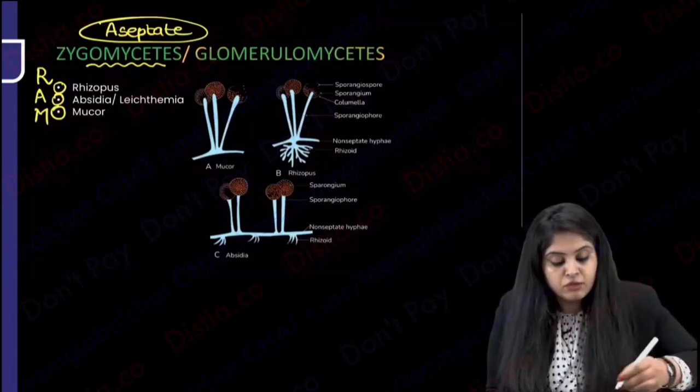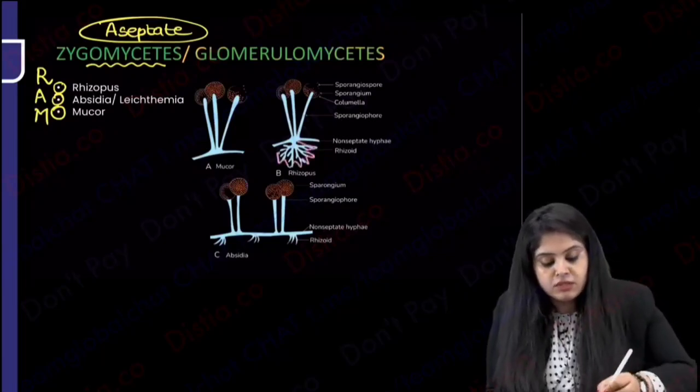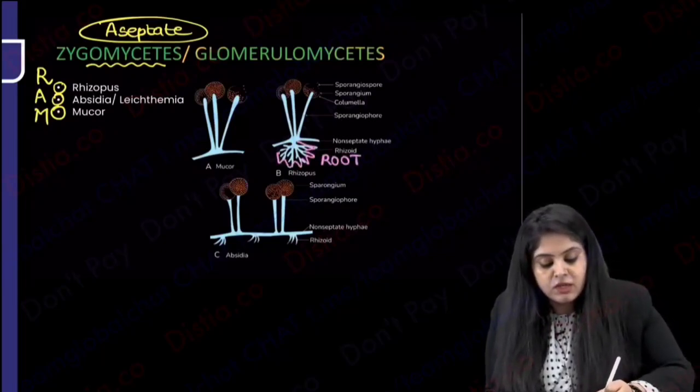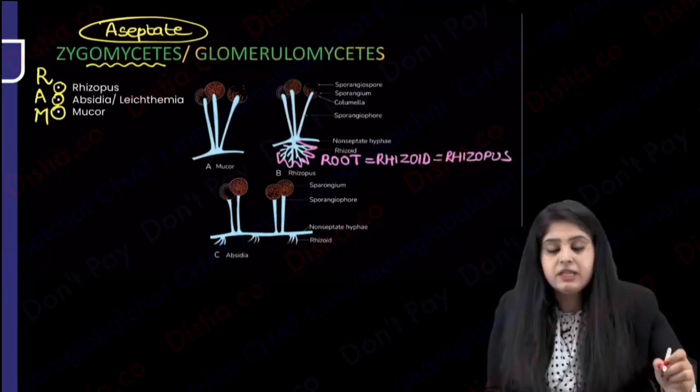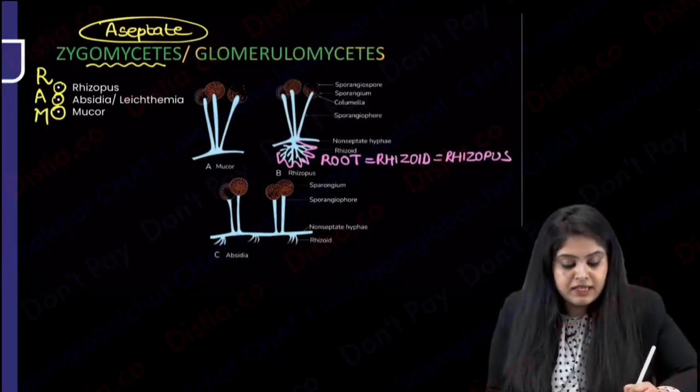Rhizoid is root. So when you see a fungus with a root, the root is nothing but a rhizoid. So the organism that I'm going to think of is going to be the rhizopus. Okay. On the other hand, if I see that there are roots present, but there's a little difference in